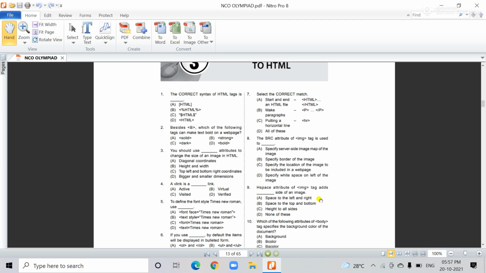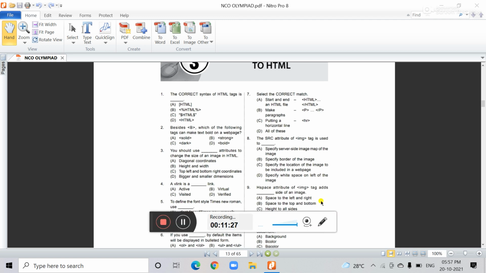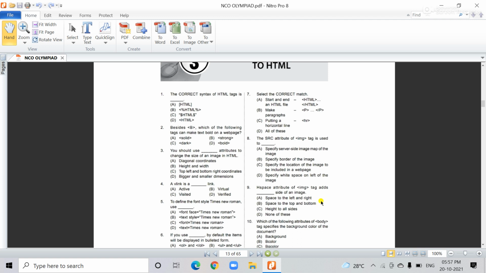And the next is the number 9 question. Number 9 question is: the hspace attribute of the image tag adds dash to the sides of an image. HSPACE is actually used for horizontal space, like the left side or right side of any image.